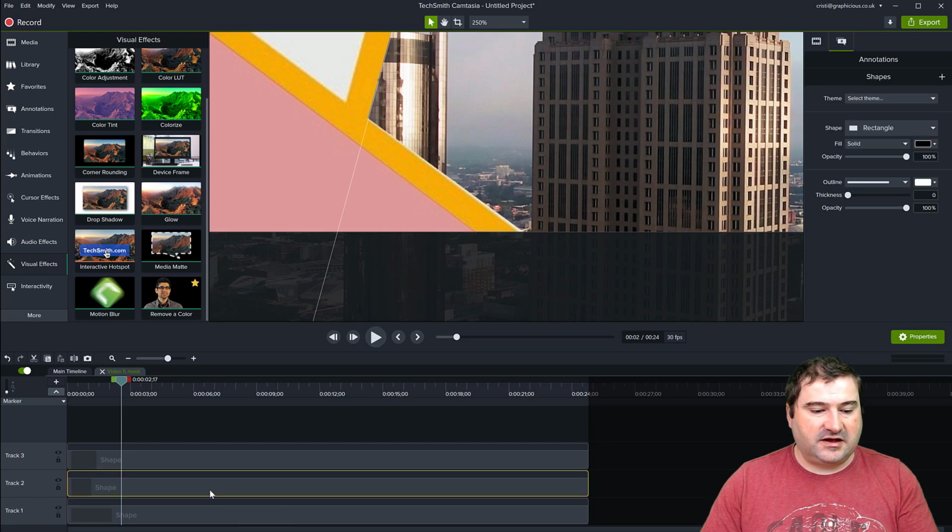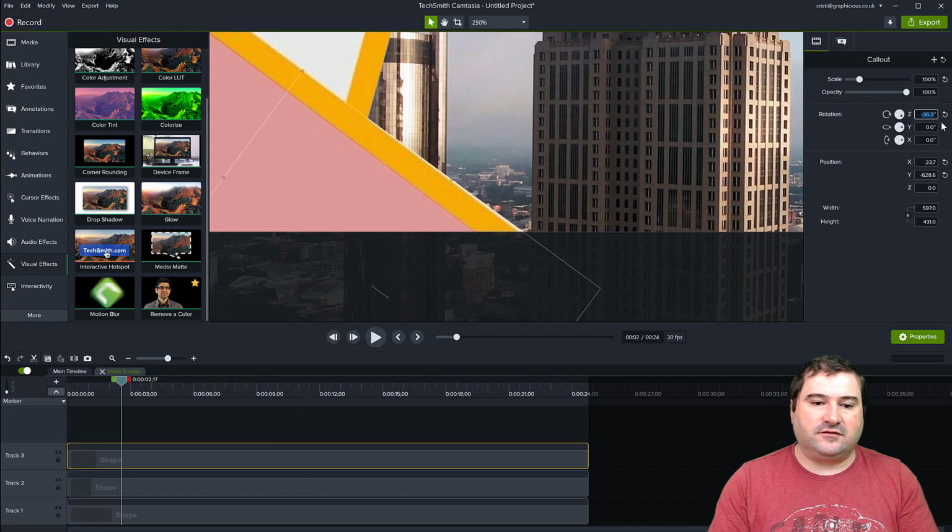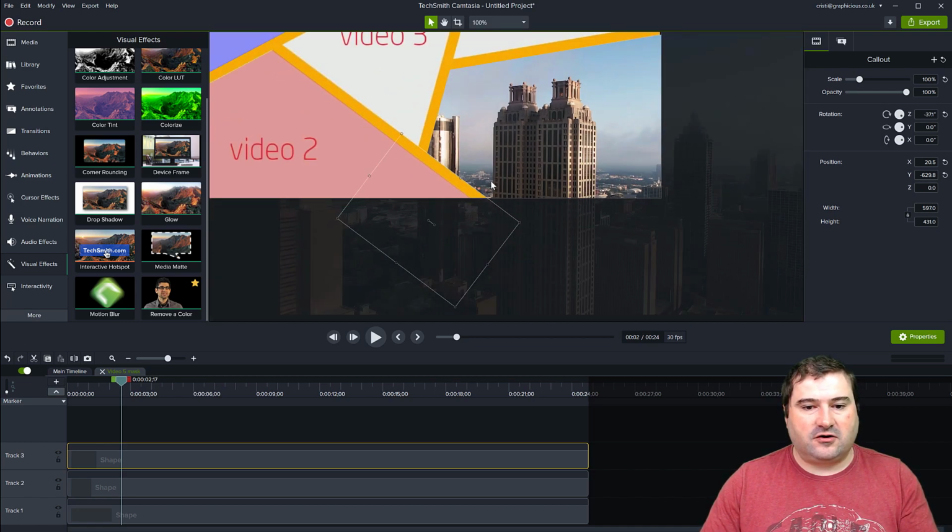So now let's find that shape, the one on the left, bottom left. This is the one. Click on it, and you can see now I can individually rotate these. Click inside of the Z and just use the arrow keys to straighten that out, or you can just move it like this. So I'm fixing that mask without having to re-import another graphic. So there you go. It is now perfectly in place.